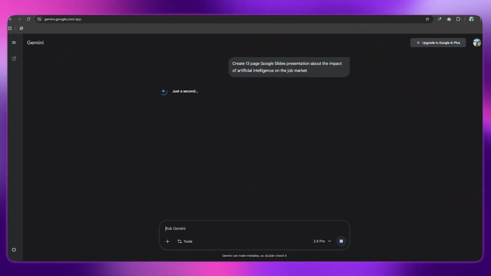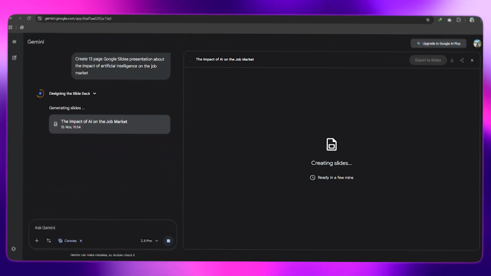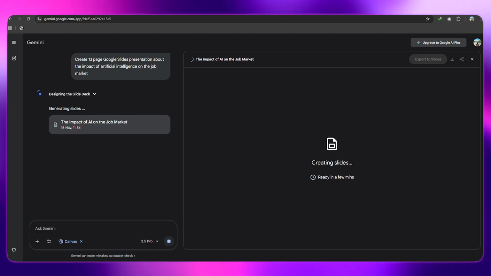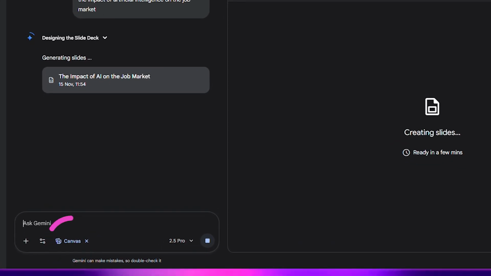What does this mean? If you go to Gemini and ask it something like, create a Google Slides presentation about the impact of artificial intelligence on the job market, Gemini will get to work. It will automatically activate the Canvas tool, or you can select it from a drop-down menu if it doesn't activate